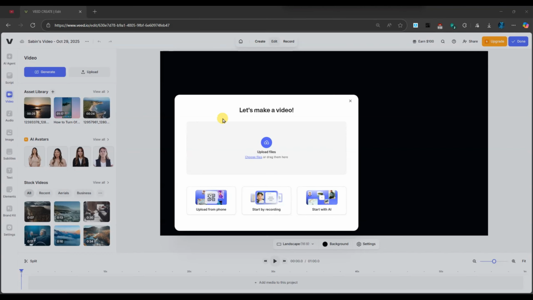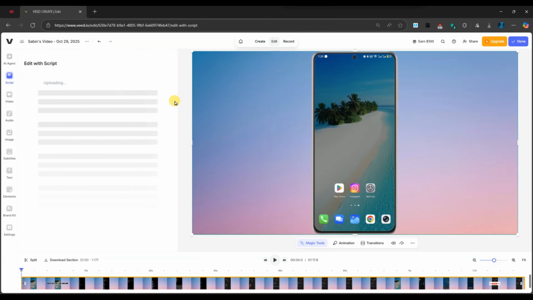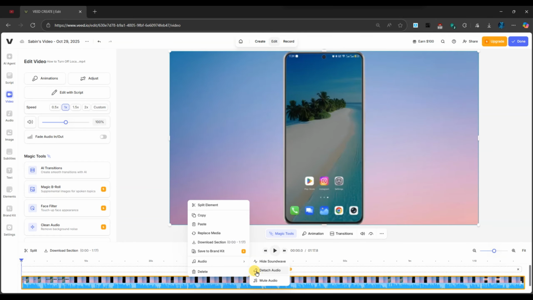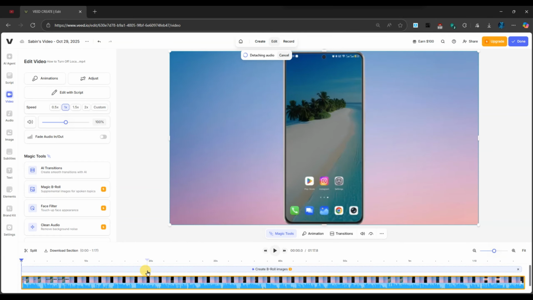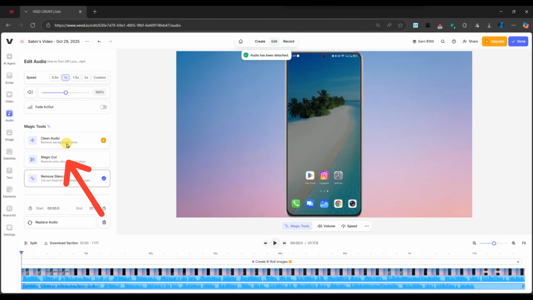Upload your video by clicking Upload File or dragging and dropping it into the editor. Once your video appears on the timeline, you are ready to clean up the audio. Right-click on the video and select the audio option. Then choose Detach Audio. Click on the detached audio file, which will open the audio settings under the audio section